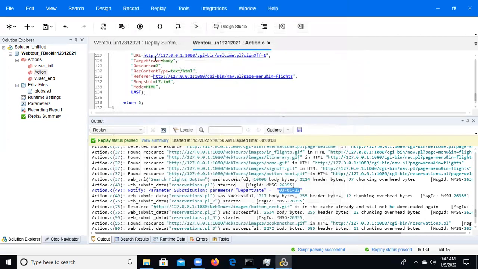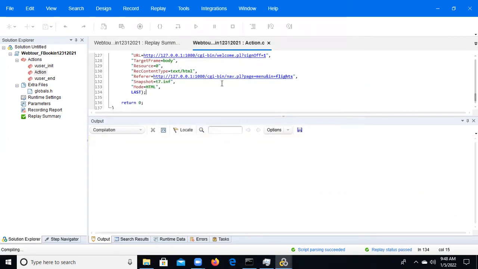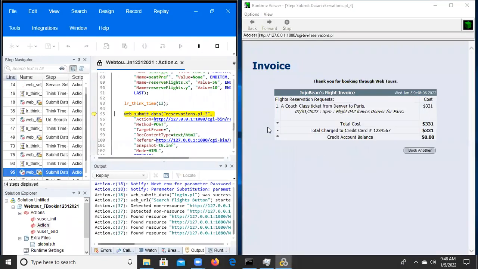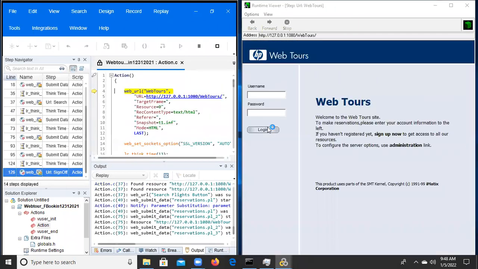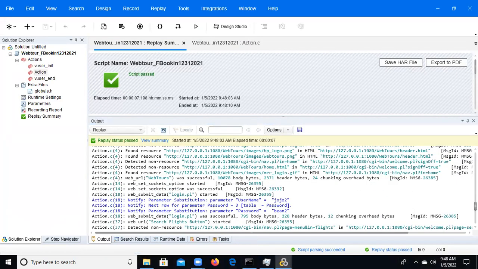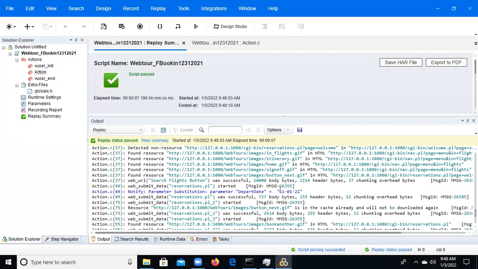Okay, now we can observe, save it and run. See, the 11th came because we selected only working days. Based on our requirement, some applications in the US only work on working days, and sometimes after that it will not work. So based on that requirement, we need to select this option.